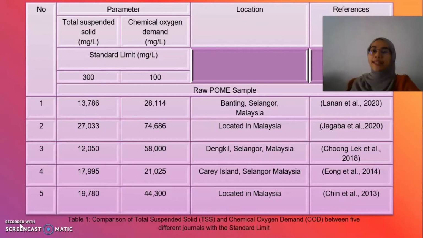In Gale, the value of COD is 58,000. Meanwhile, at the Carey Islands, the value is 21,025. And lastly, at certain places in Malaysia, by the journal of Chin, the value of COD is